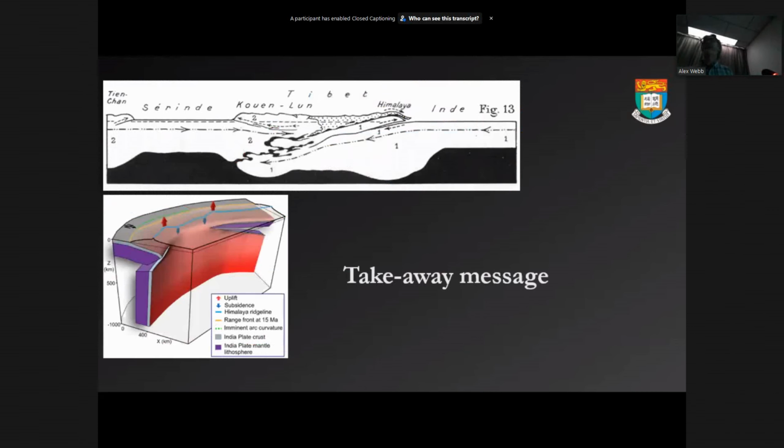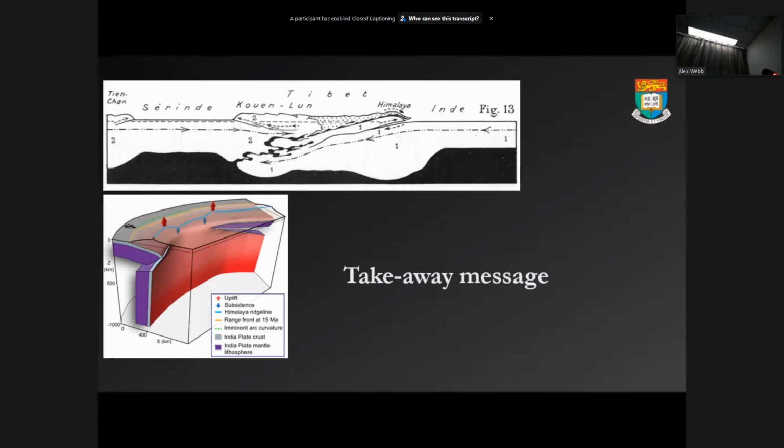But the basic takeaway message is that we started 100 years ago with models that looked plate tectonic. And the models stayed pretty plate tectonic until about 40 years ago, when we found the South Tibet Fault. And then everything got weird, because with the South Tibet Fault thought to be a normal fault, explaining a huge normal fault in Earth's great contractional system becomes the big task. Yin An made a huge contribution to recognize that this is not a normal fault. It's a back thrust. And then it becomes a simple contractional system.